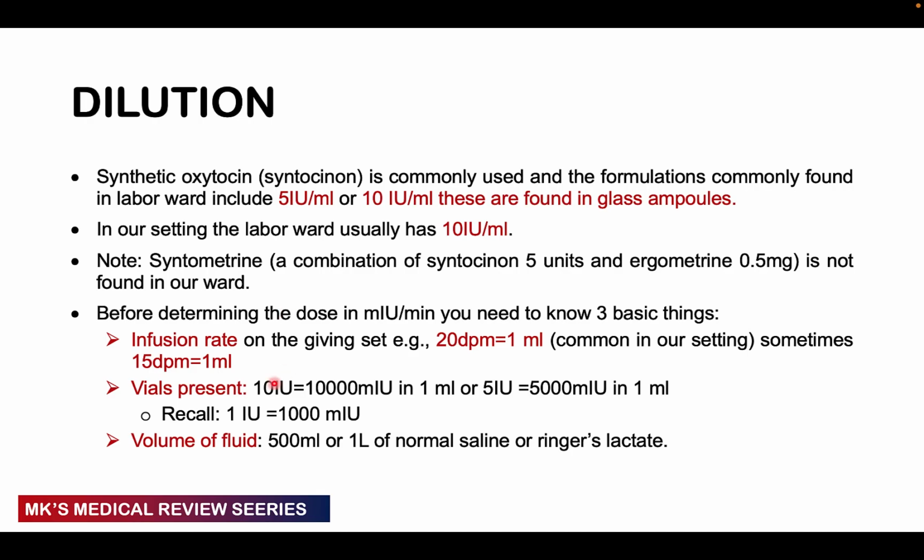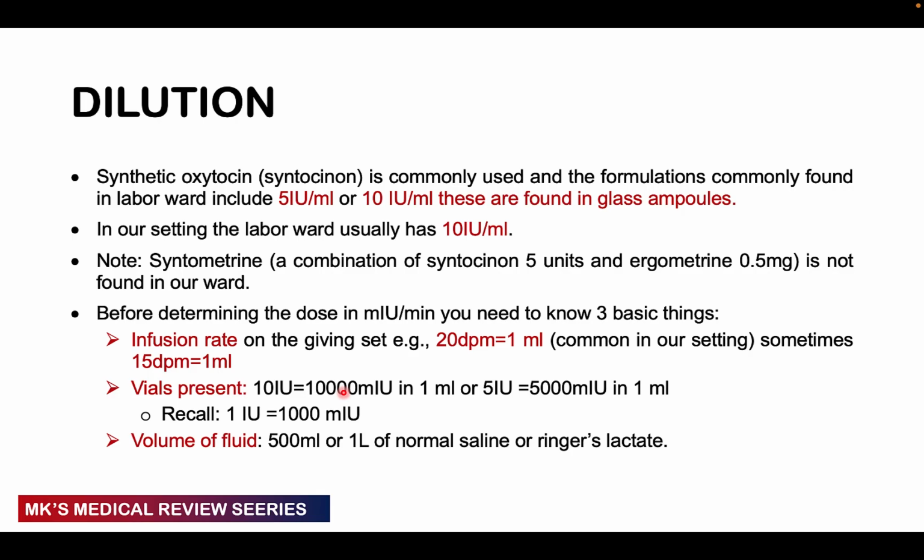So for example, if you have 10 international units in 1 ml, it means you're going to have 10,000 milli international units, because remember that we want to use the milli international units because it gives us a much more accurate dosing as compared to just giving the international units as they are. So we can actually titrate it